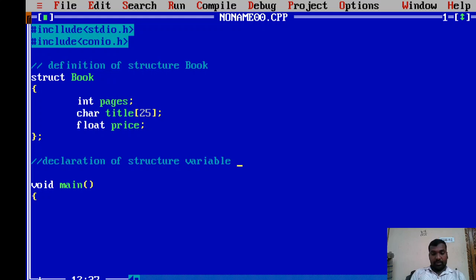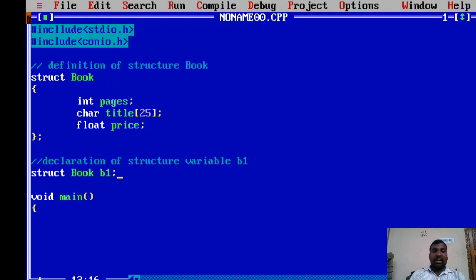For example, B1 indicates book 1. That can be done with struct book B1. So B1 is a variable of structure book type. That means we can access the member variables of book, pages, title, price with the help of this B1.